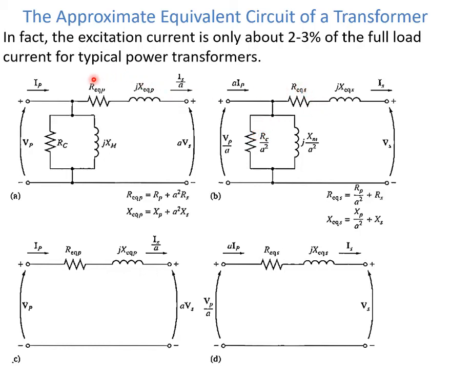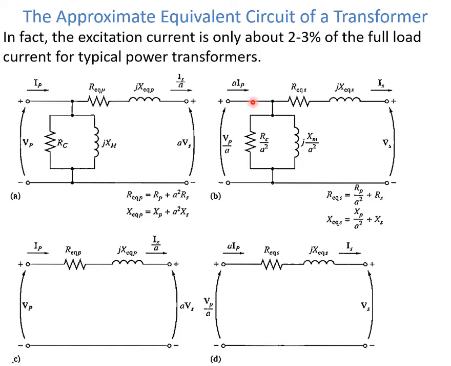Here we have the R equivalent and jX equivalent. They are just the series components of resistances: R_P plus a squared R_S, and similarly X equivalent is X_P plus a squared X_S. Similarly for this one, R_P over a squared plus R_S, and X_P over a squared plus X_S. So now it's a more simplified circuit, and it will produce approximately the same results that we can get